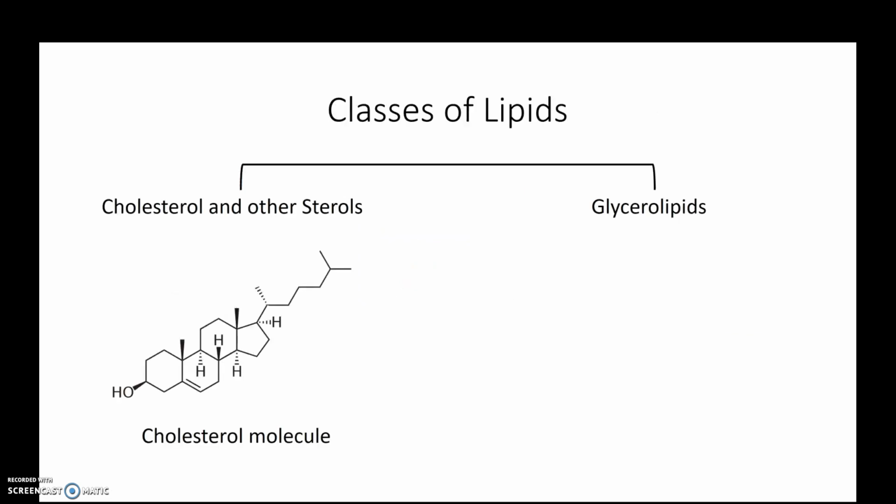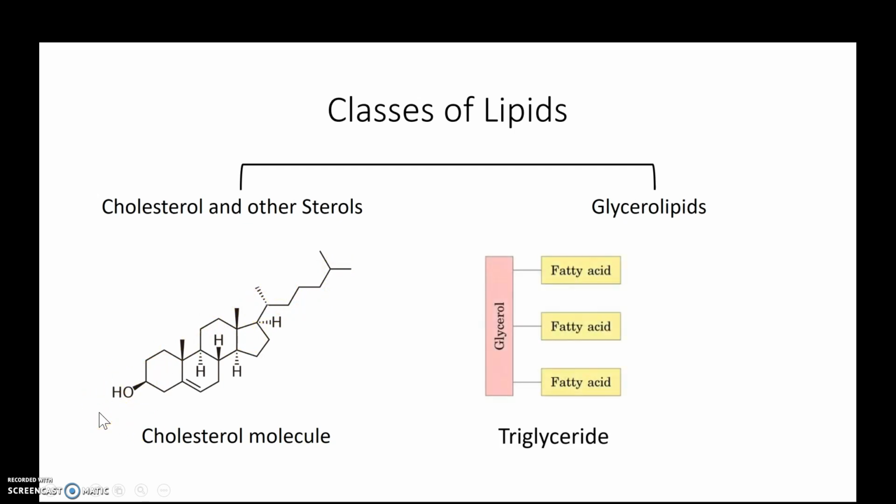In terms of classes of lipids, we have two classes. We have the cholesterol and other sterols, and then we have the glycolipids. We can see here on the left-hand side of the screen an example of a cholesterol molecule, which has a bunch of rings and other carbon atoms attached to it, along with a hydroxyl group. With glycolipids,